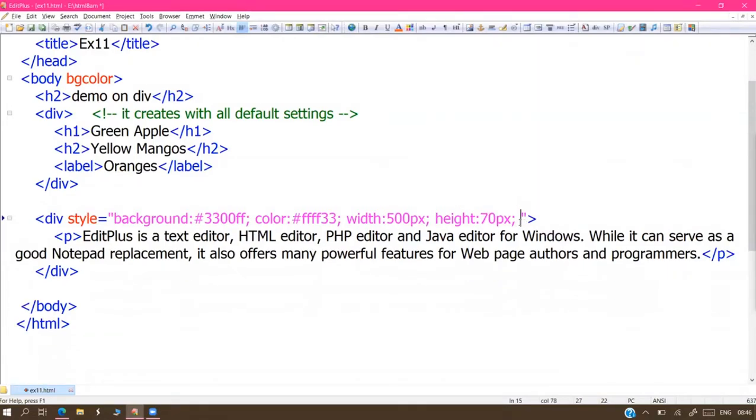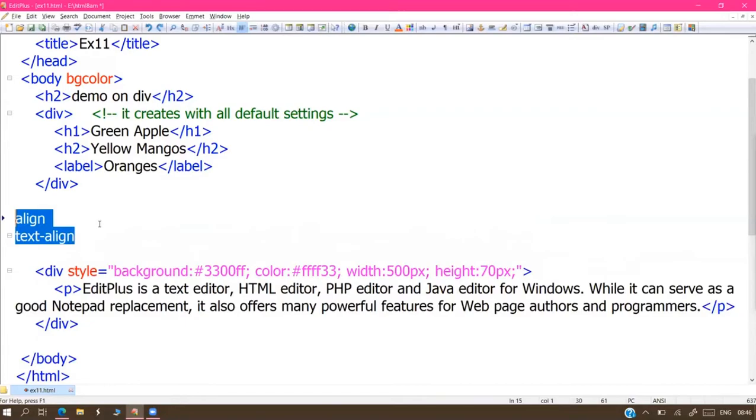So now first I'm applying the align attribute. Align equals to any type of property, either align or text align. Both accept a total of four values. The purpose is different, but the values are the same: left alignment, right alignment, center alignment, or justify.